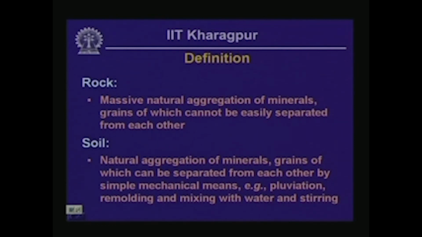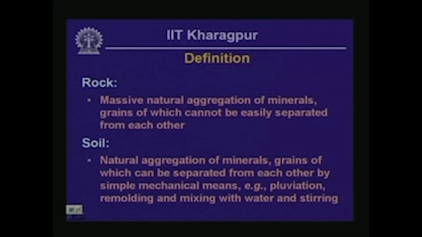These are two geologic terms that are often loosely used, but when we want to formalize the concept, what is meant by rock is essentially a massive natural aggregation of mineral grains which cannot be easily separated from each other. What is meant by that is that in order to break a piece of rock, a relatively high amount of energy will be required,